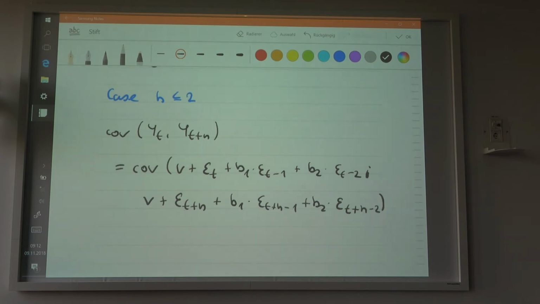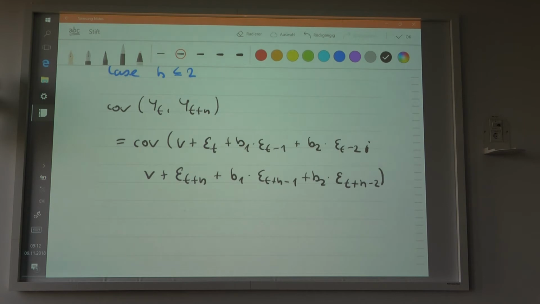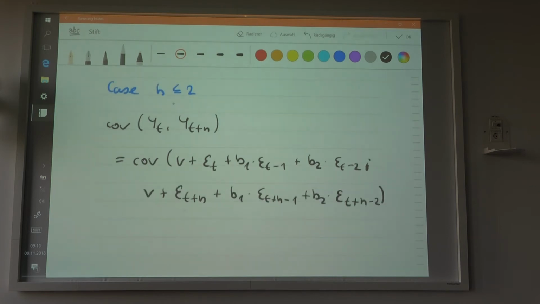I'm not sure whether or not this is clear, but basically it's supposed to be. Now the question is, in which autocovariances do the terms overlap? Here h is going to be equal either to 2 or to 1. So which of the autocovariances is going to overlap if, let's say, h is equal to 2?